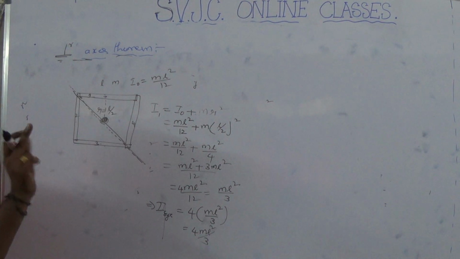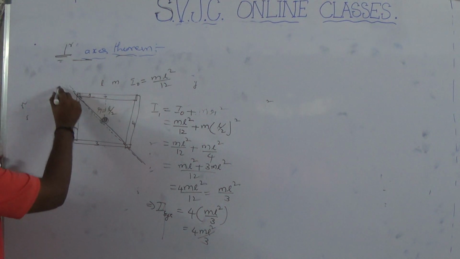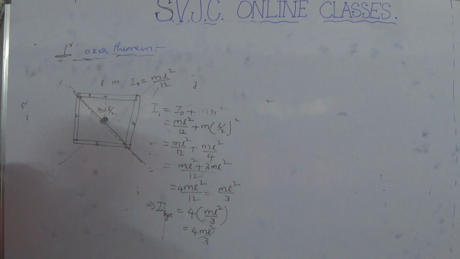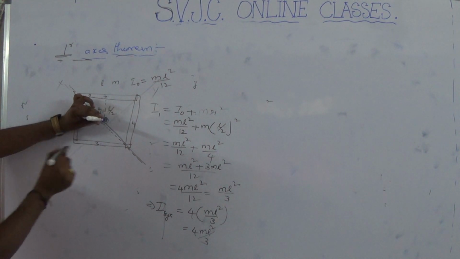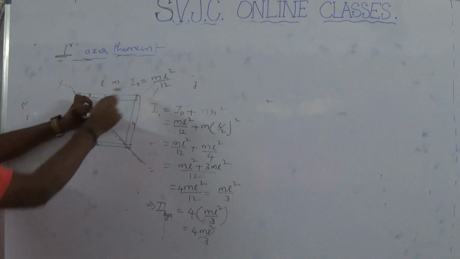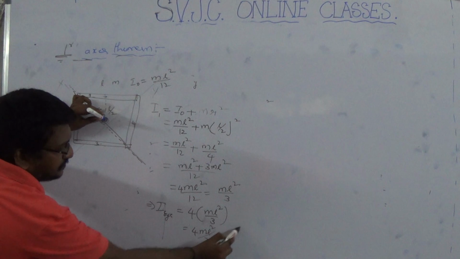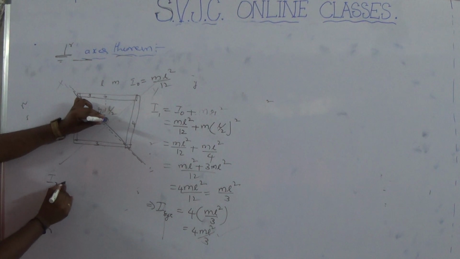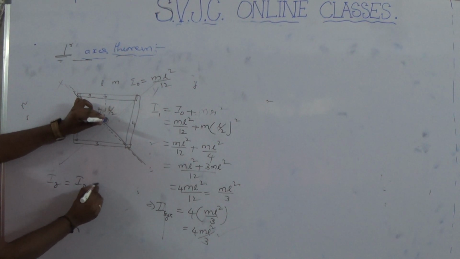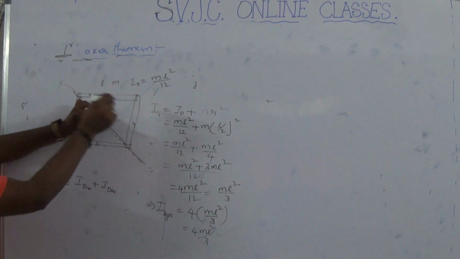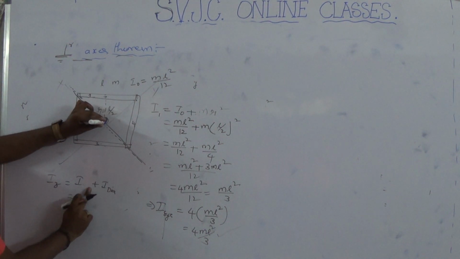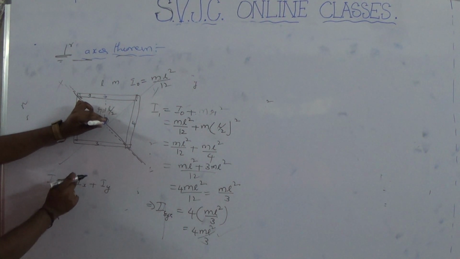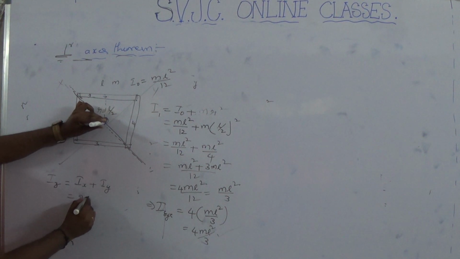So in that case, we are using the perpendicular axis theorem. How? I am assuming the x axis and one more diagonal, y axis, and these two are perpendicular, and the z axis: Ix, Iy, Iz are three perpendicular axes. We know this value clearly. Ix, Iy both are equal. So by using the formula, Iz is equal to I diagonal plus one more I diagonal. Both are equal, so we can take Ix and Iy as the diagonal.